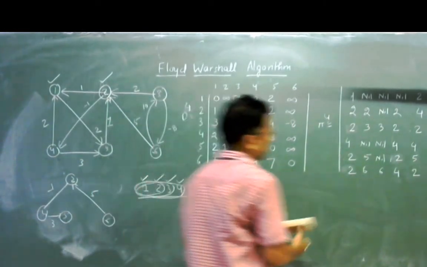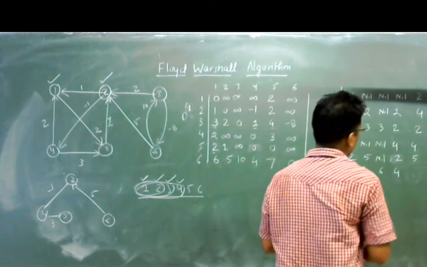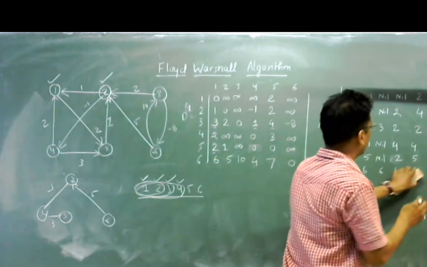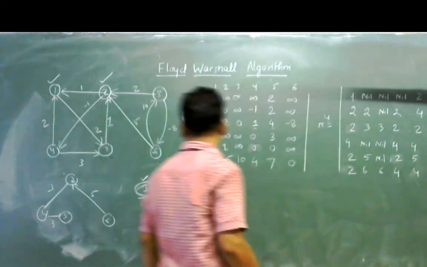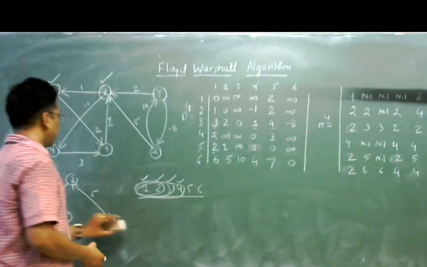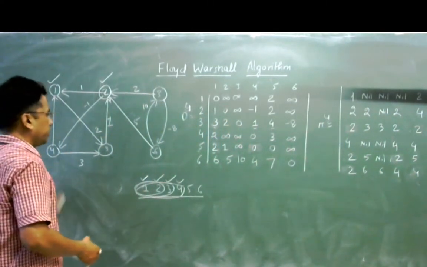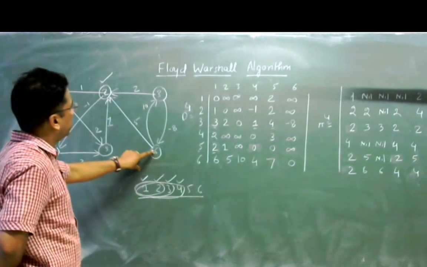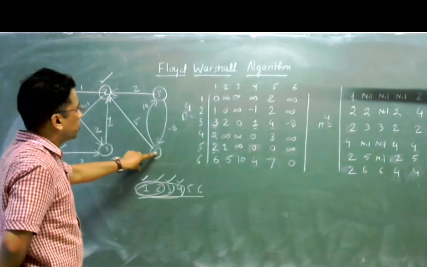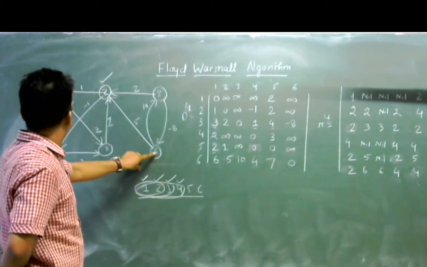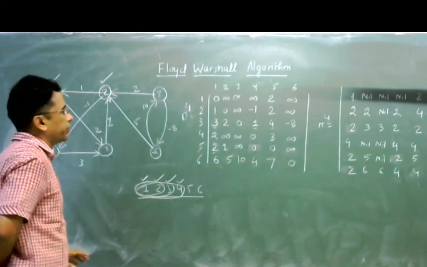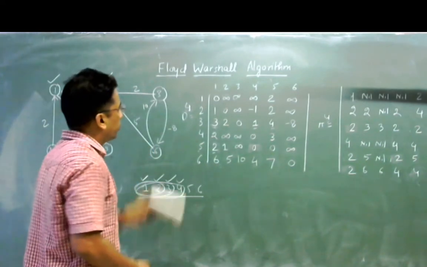So now we shall update the pi matrix as D3 row, D4 row, right? And so this value has been updated, and 6 to 3 will not be updated. 6 to 2 is equal to 5, and 5 minus 1, 4, 4 plus 2, 6, it will not be updated. So that is the D4 matrix.